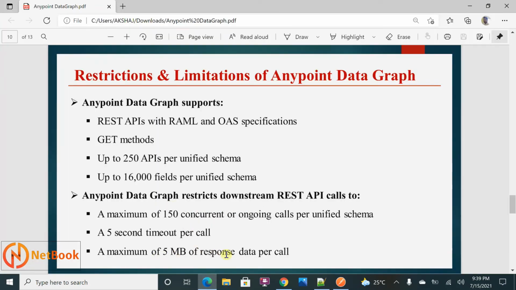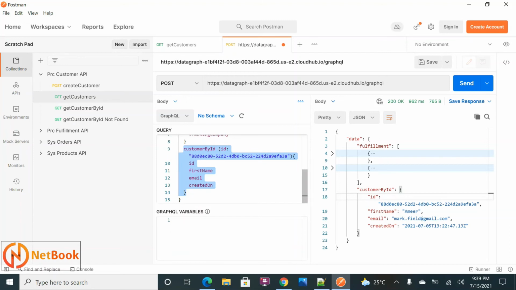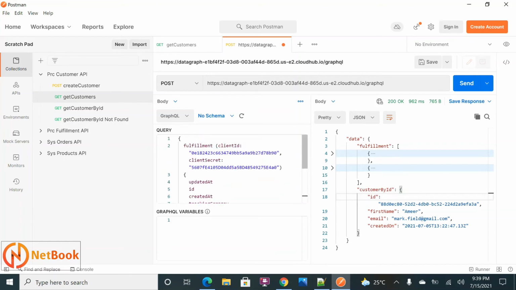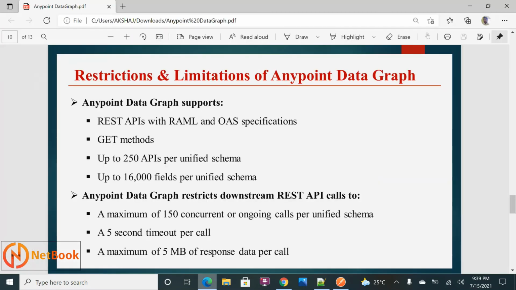And a maximum of 5 MB of response data per call. That means if you are fetching a customer by ID from this API, you can get a maximum of 5 MB of data. If we have more than 5 MB of data, it will give an error. The fulfillment API also allows 5 MB, so each API call can fetch 5 MB of data for each response.